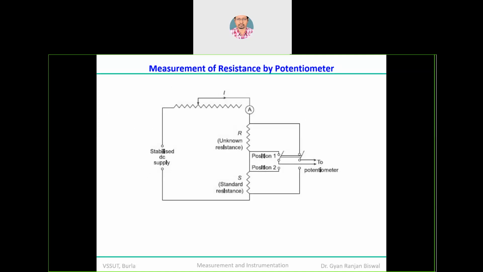So what you do is provide a stabilized DC supply, because you are going to measure the resistance. Remember, you have to make sure that there is no variation in the voltage. What you see in your local distribution network, the Tata Power of the western area or the eastern area, if that kind of supply you provide, then God knows what accuracy you will get. So remember, it is a very stabilized, sophisticated DC supply.